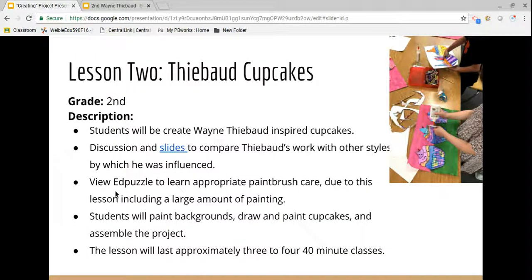Next, we're going to view the Edpuzzle. And this Edpuzzle is going to be around appropriate paintbrush care, because as you can hopefully see in the picture over here, there's a lot of painting involved. And this video actually would be useful in other projects as well, especially the ones with extra painting, because even though we come every week, we don't always remember the correct way. So we're doing a lot of painting in the background and even on the cupcakes as well